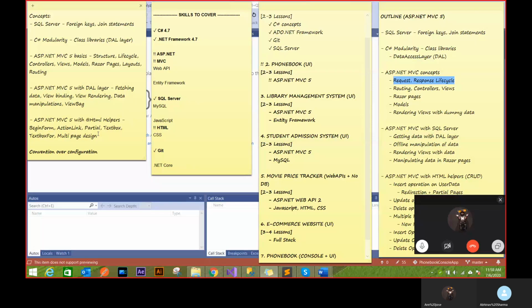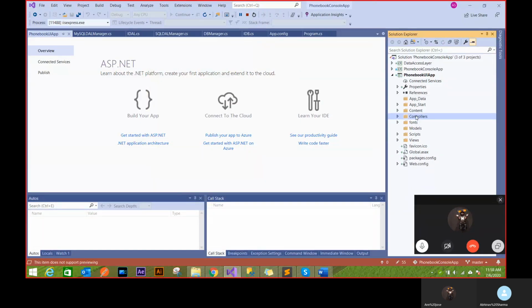Basically it means that if you do everything the way I want you to do, like put controllers inside controllers, put models inside models, put views inside views, then you get convention. Otherwise, configuration basically means that inside app web config or app config, I start connecting things. But rather than putting so many configurations, what I want to do is just follow the way I do it. That's convention. For convention, everything will work fine. So rather than giving you much control, I just say that just follow the way I would do it. If you do that, it's going to work fine.